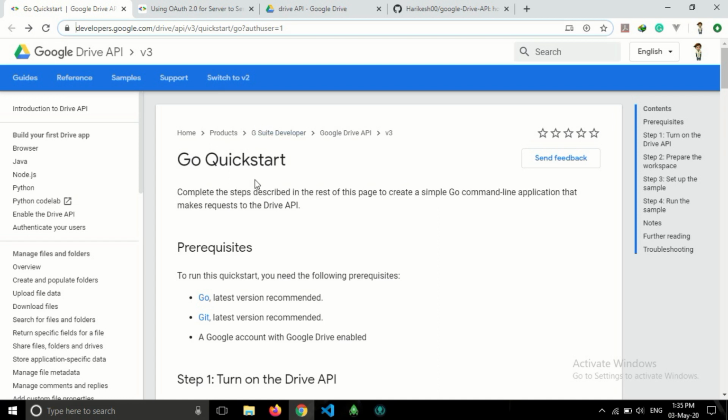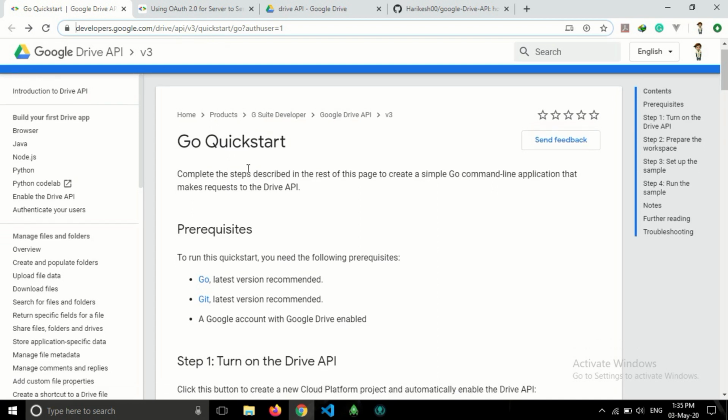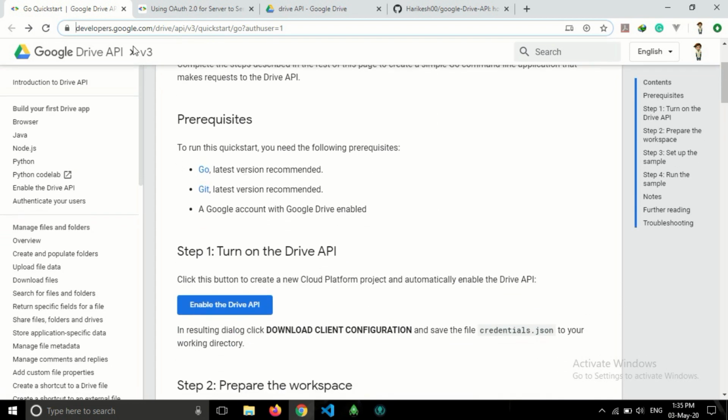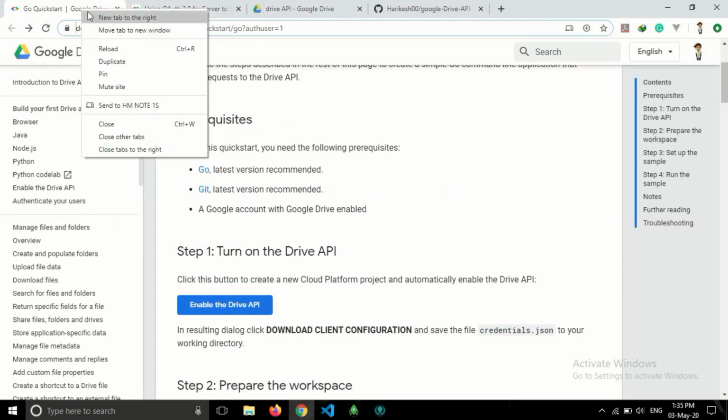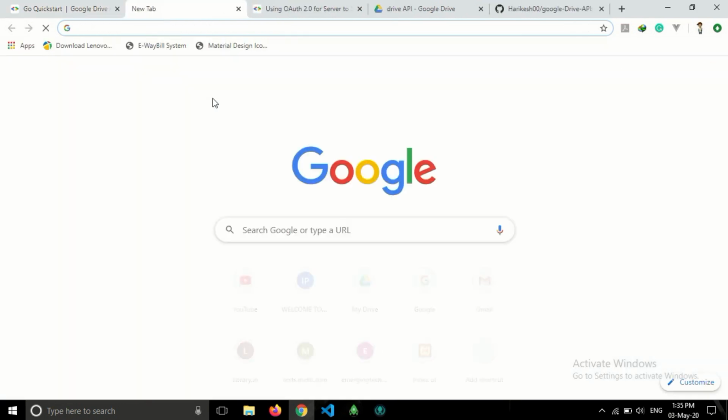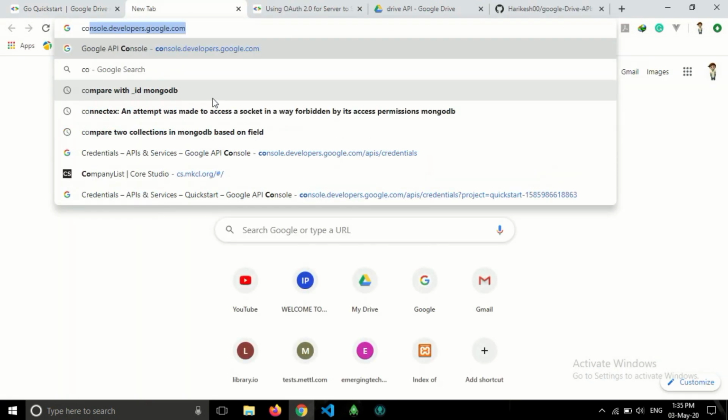So let's start. First, go to developer Google Drive API. So first we need the secret key. So go to console.developer.com.